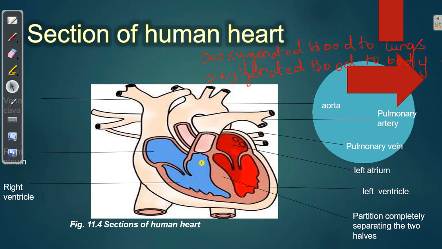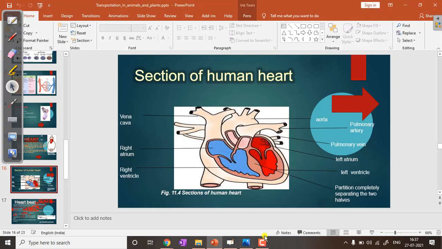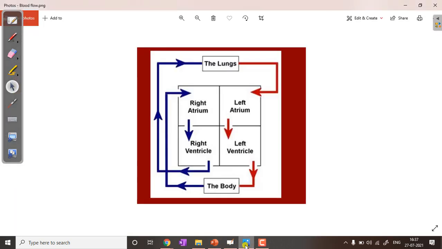Now let's see how exactly the blood from all parts of the body comes to the heart, goes to the lungs and back to the body. Let's study this with the help of a diagram. Okay, now let's see. It is said that the right atrium, that is the first part of the heart,